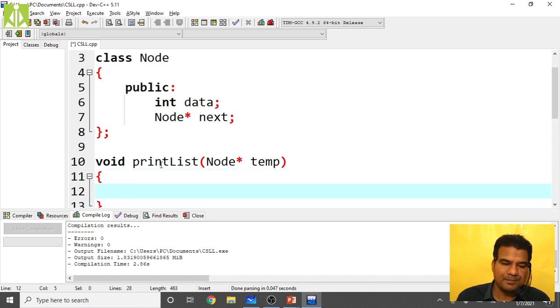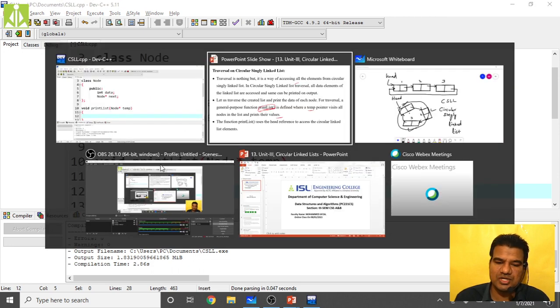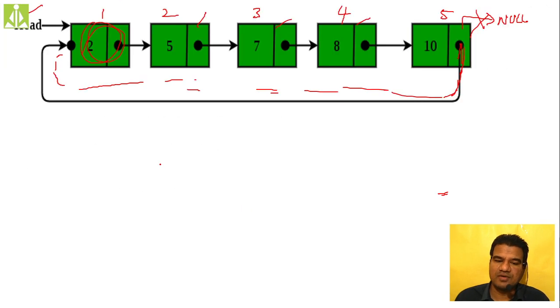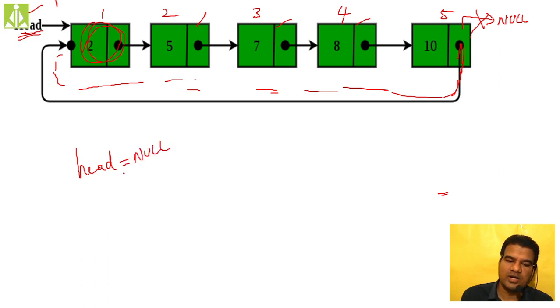So over here inside this print list, what I have to do, first of all, is check whether my circular linked list is empty or not. So what condition will constitute the emptiness of your circular singly linked list? If your head pointer is null, see here, if this first pointer whatever we have, if your head itself is null, then what does it constitute?